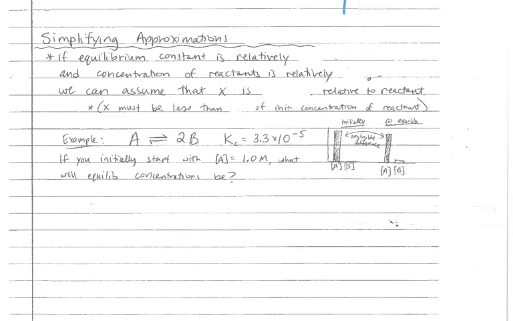This is a shortcut method that we're about to talk about called simplifying approximations. And this math, as you've seen, can take up half a page to solve the icebox, plug in, solve for x, and it can be a little bit time consuming. Well, there's a shortcut that we can use under certain situations, and those circumstances are if the equilibrium constant is